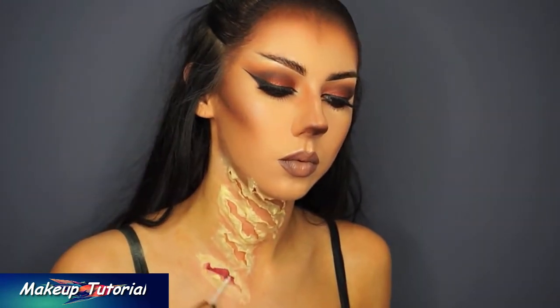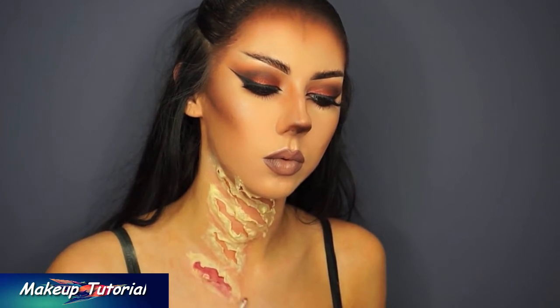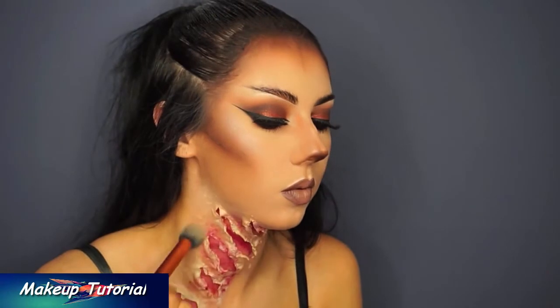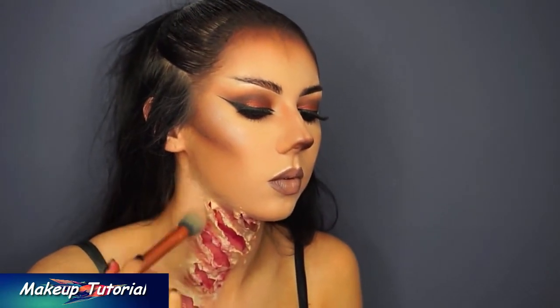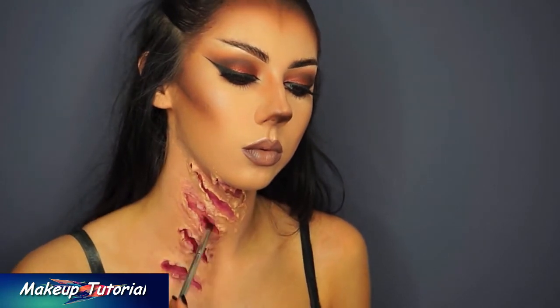I'm taking the deep red shade on a cotton bud and focusing on the areas in the middle of the latex onto my skin and really roughly colouring it in. Now I'm going to apply foundation over the latex to cover up the white colour so it will blend into my skin. Now I'm going to darken the cuts to make them look like real deep wounds,